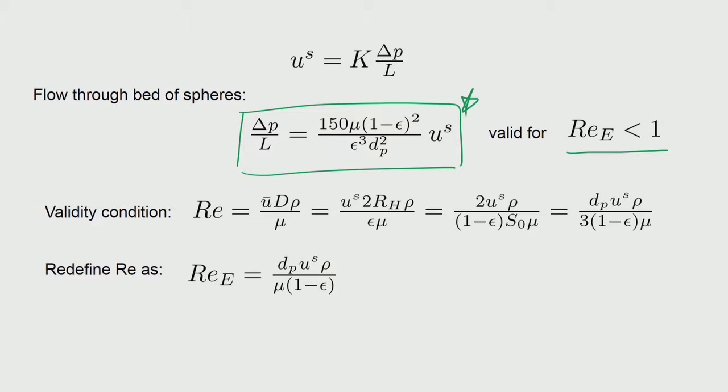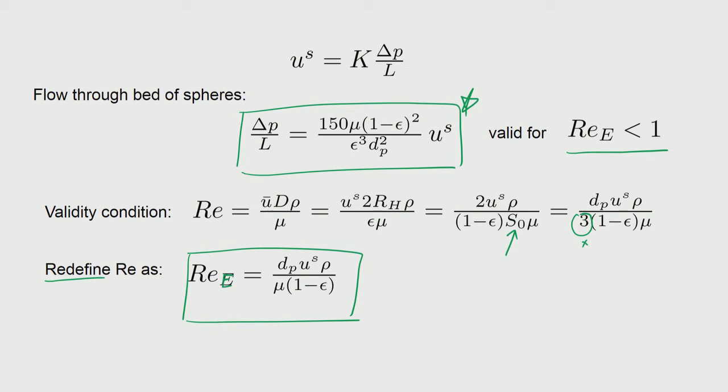Now, this is valid when the Reynolds number defined appropriately for this problem happens to be small. So, very low Reynolds numbers, and that actually is now modeled here. We already see that this can be modified to 6 by dP, which we have done, and we do not want that in a Reynolds number definition. So, such things are actually not required. So, we go ahead and redefine the Reynolds number, and we pay attention to the subscript, and we see that it has been defined in a different manner.